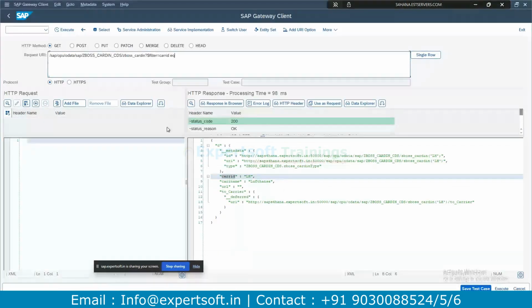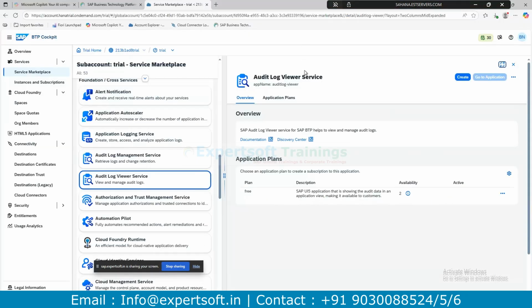Like TR transport requests, or ABAP SE38 report programs, Eclipse, the HANA database system, and security also. All are inbuilt features, as infrastructure as a service. But SAP BTP is platform as a service, where it provides the platform and each and every service you subscribe to for use cases.